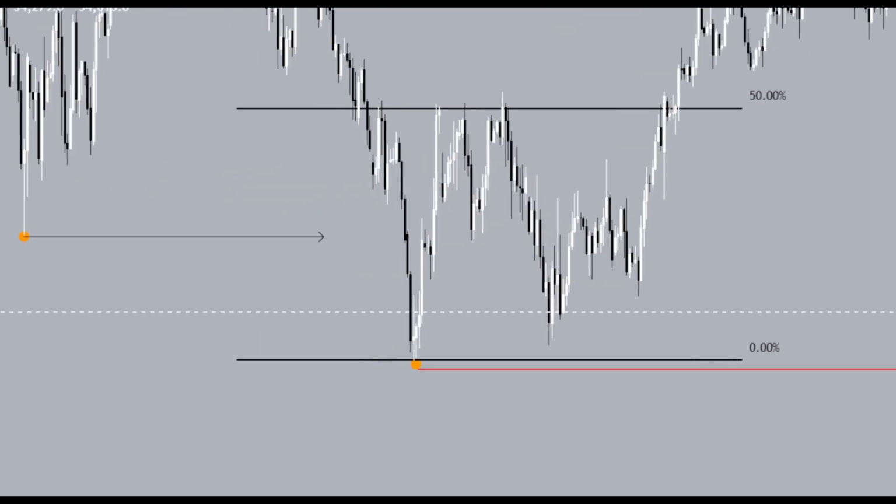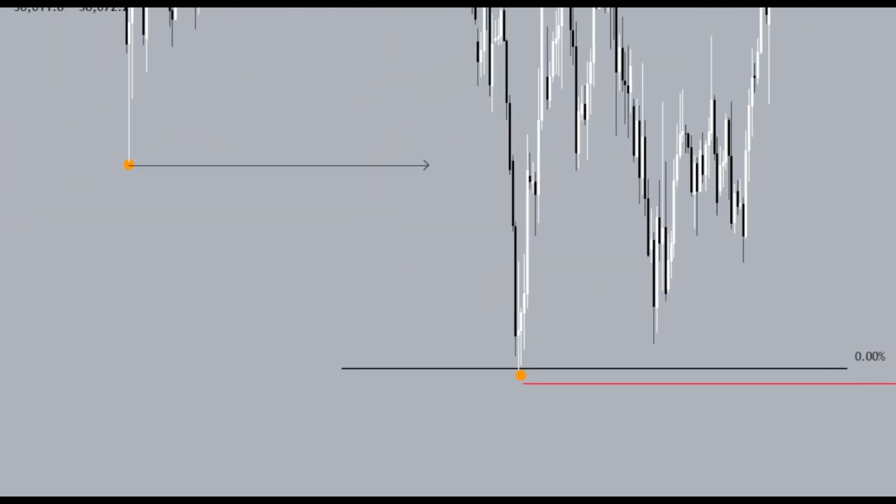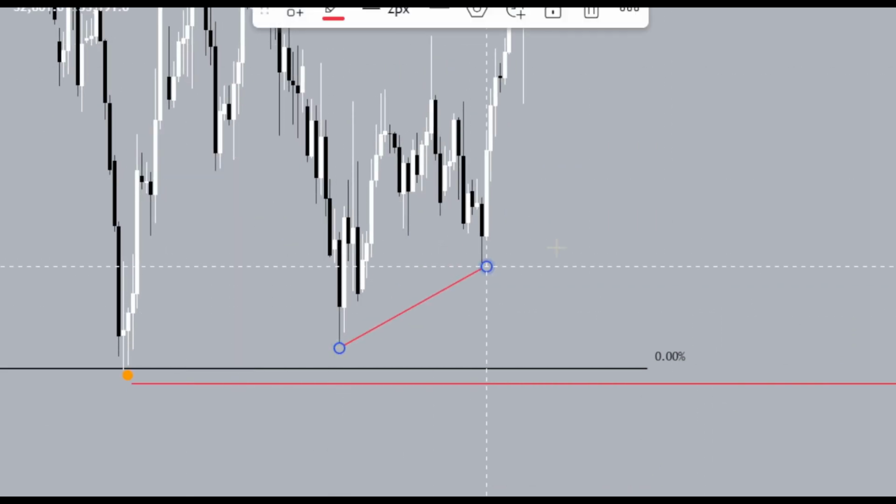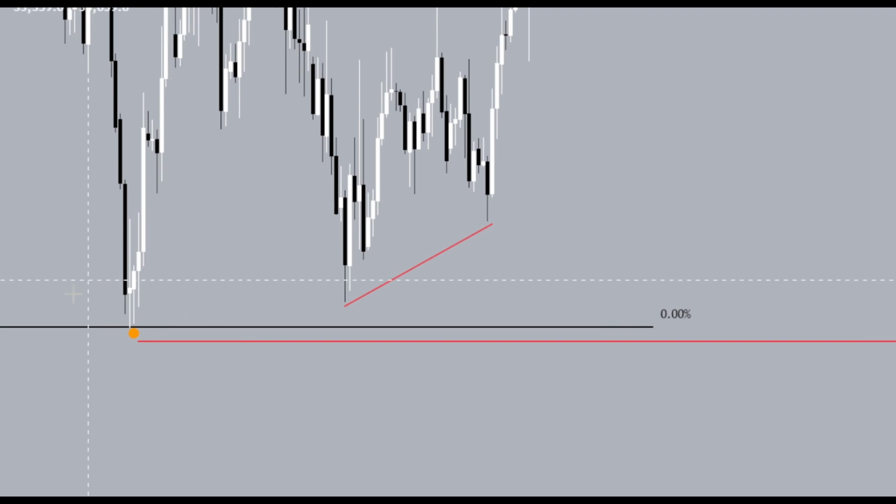A couple of things you can also consider when it comes to the next draw on liquidity. Again, what we have over here is a trend line. A trend line near a weak structural low is like dynamite. That's a very high probability draw on liquidity. Of course, we can never be completely correct. But again, coming back to the overall schematic that we had,